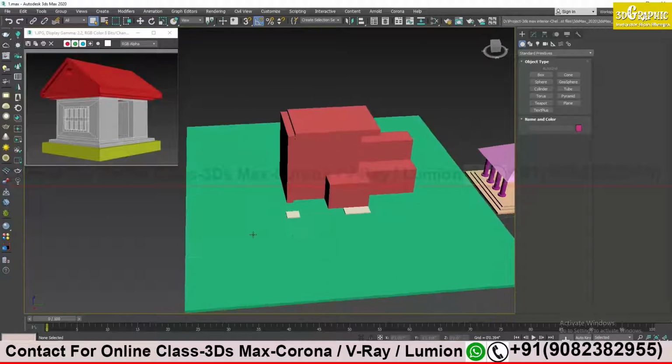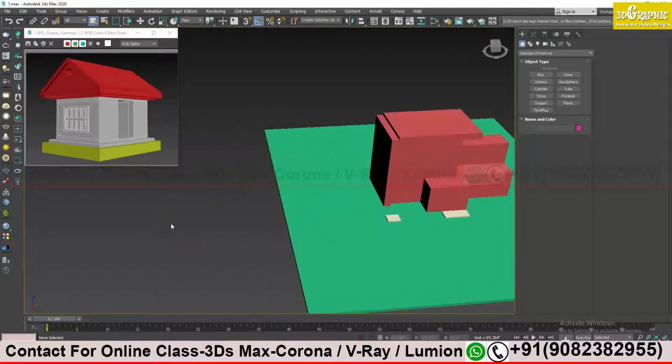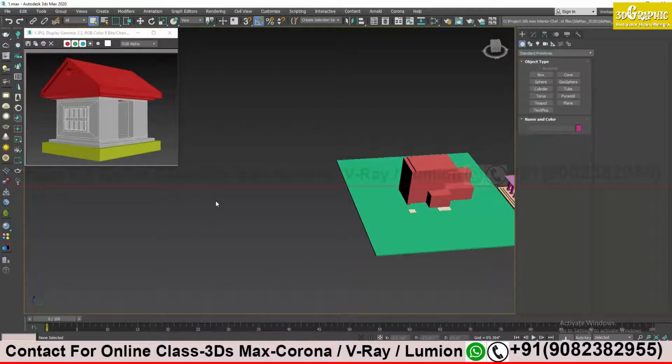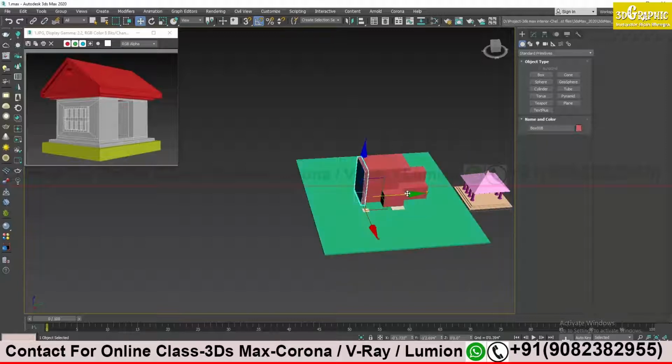So I will just create in this blank space. I will just move my model toward my right. Later on we will be talking about the layers. At first you may find it difficult to understand the layers, but it's very easy. Now we will work with the basic shapes first, and then maybe next class we will entirely discuss layers, how we can work on layers, and how we can save our file on different layers. Clear?